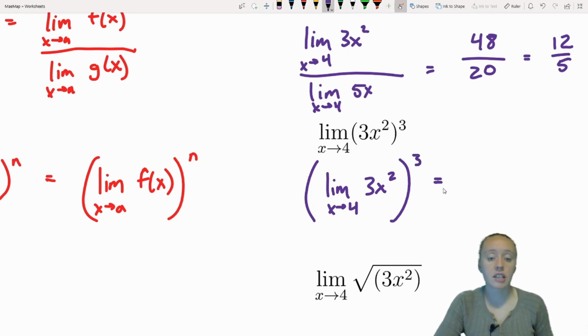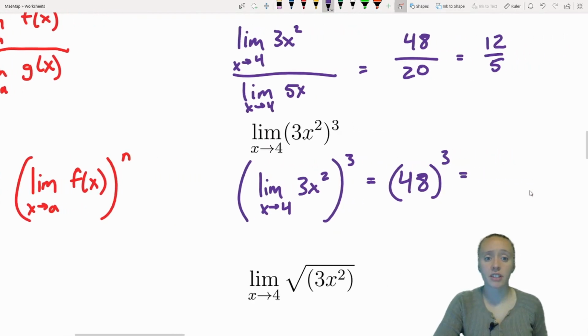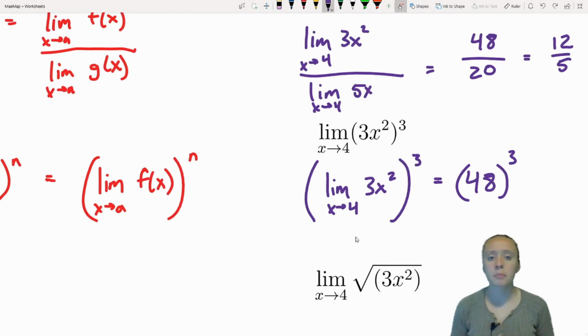So that limit inside was 48, so I'll have 48 to the third, which is going to be a fairly large number, 110,592. But I'm not even going to bother with writing that out since it's not something I can easily do in my head. But you can see that if we were to simplify first, if we cubed everything within here,